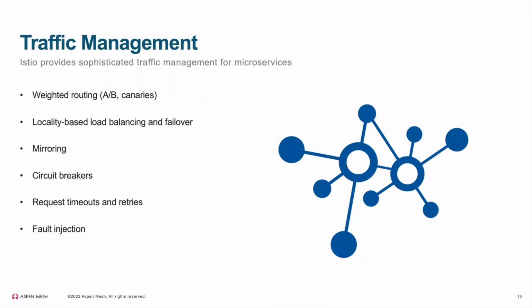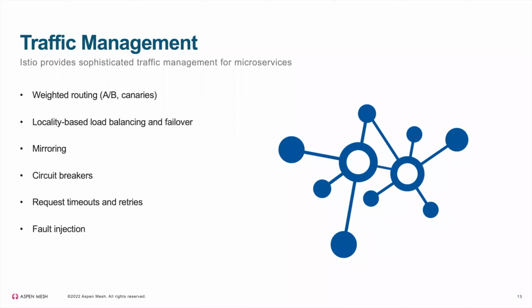So maybe you have a certain group of users that are beta testers or internal users, and you can route traffic to a new version that's running side by side with the old version based on header attributes or other types of attributes. So you can have a group of users testing a new version that you've released, while the rest of the common users are still using the old version until you decide to cut over. So weighted routing does a lot. You can imagine some of the scenarios. Those are two of the basic use cases, but there's a lot of stuff you can do with that.